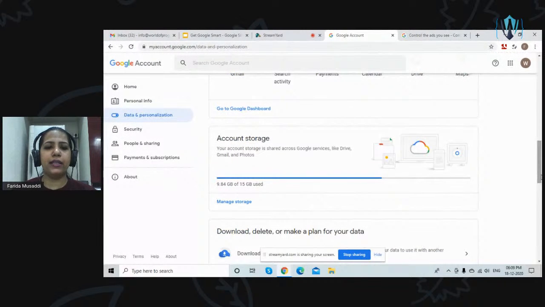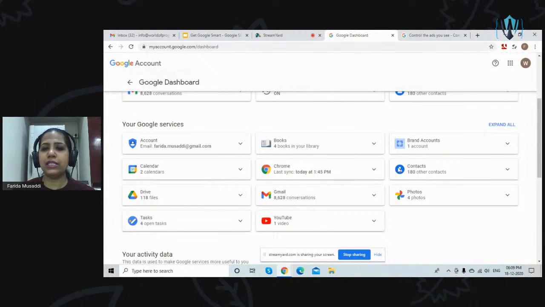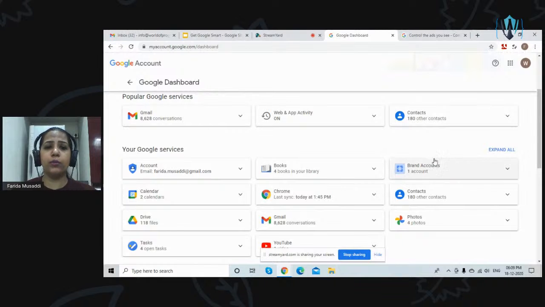Now, coming back here, one of the new features of Google which has been added is the Google dashboard. So here you will be seeing the Google dashboard, all the different tasks, all the books which you have stored maybe on your Google Drive, all the contacts that you have, how many Gmail conversations, how many files are there in your Google Drive, the photographs, your Google Chrome.